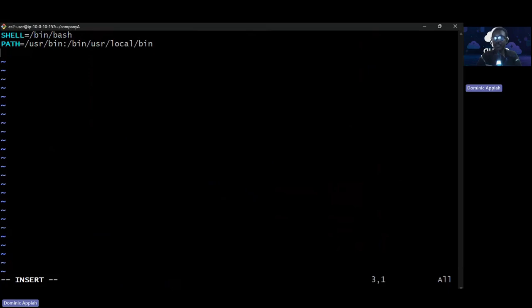Then the third one is the MAILTO. So MAILTO, you can just use root. Okay. Root, and then we can do the commands here, which is